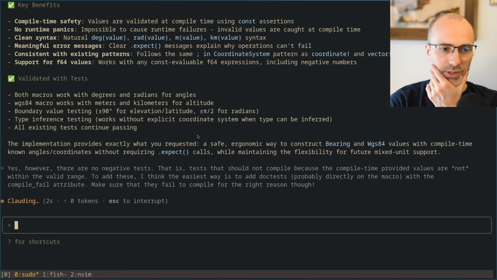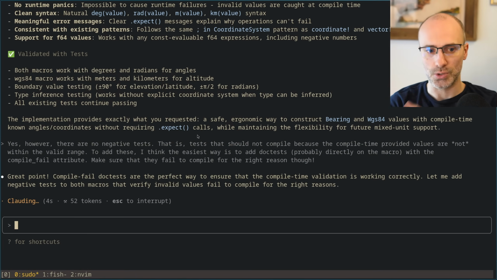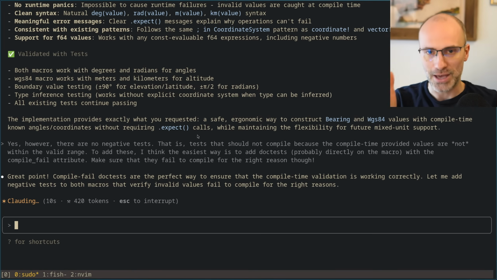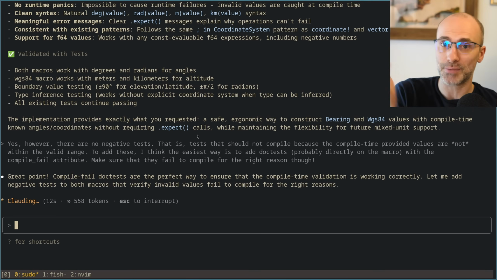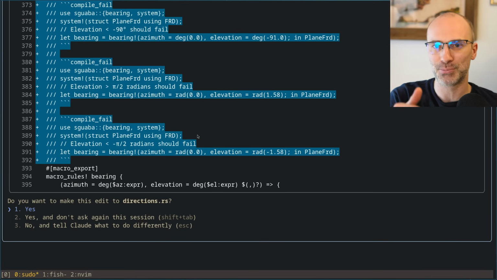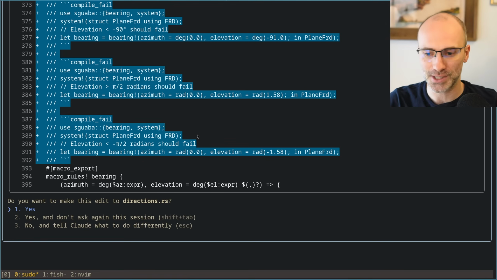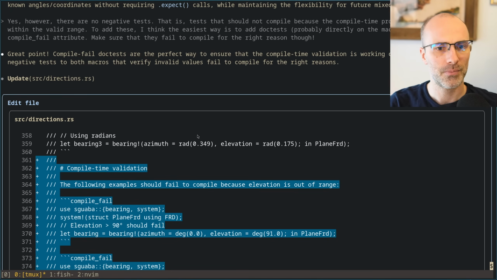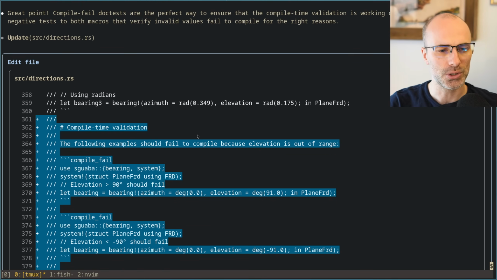And this too is also the kind of prompting that I do to engineers that I work with, right? Where I will tell them, oh, there is this thing called a compile fail doc test that you can use to check that something doesn't compile. Just make sure that you actually run it once to see that the output of it failing to run is what you would expect. Cool.